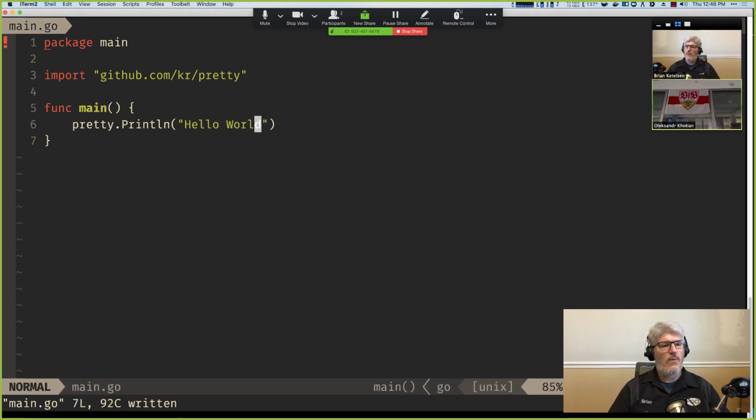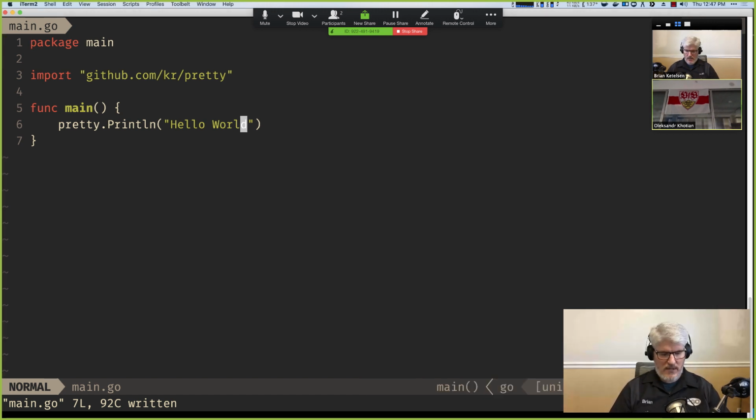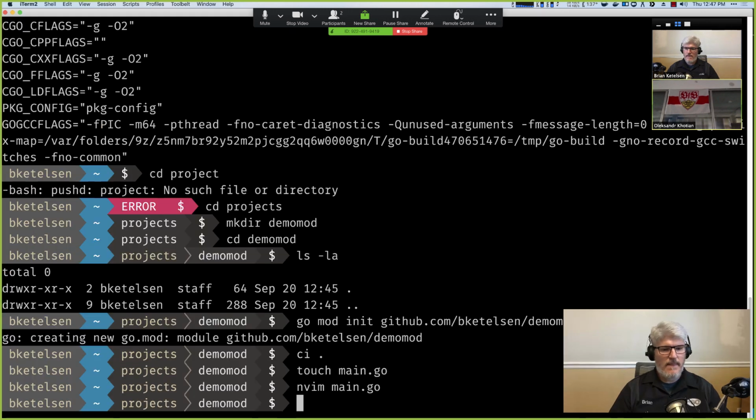And I'll print hello world, which wouldn't be any different than fmt printing hello world, but now we have an import statement. So if I write this and quit and cat my go.mod file,